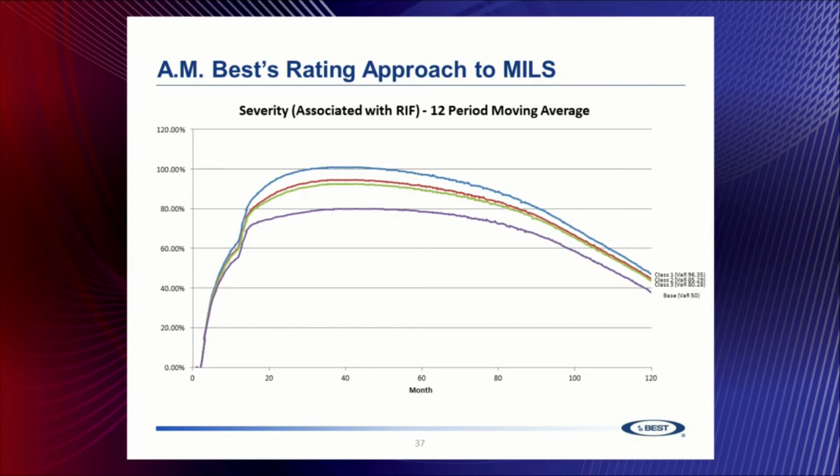Here, the severity is associated with RIF, not UPB. As expected, it's very high, even in the base case, as shown in the bottom line, because mortgage insurance is in the first loss position. The severity of Class Note 1 can be as high or higher than 100% here. This corresponds to what many discussed earlier in the presentation, that the claim base can be higher than the original RIF after taking into account unpaid accrued interest and expenses associated with foreclosures.